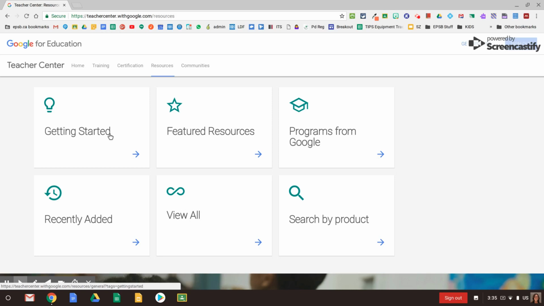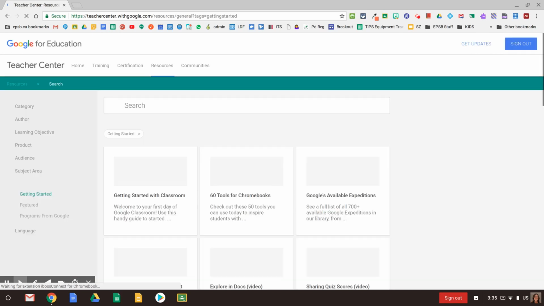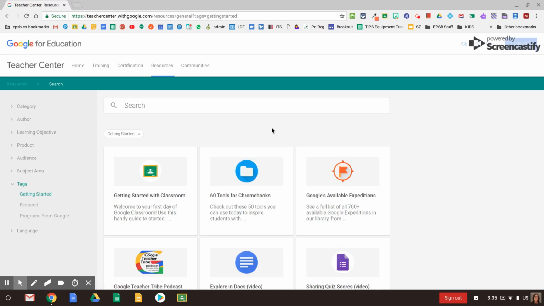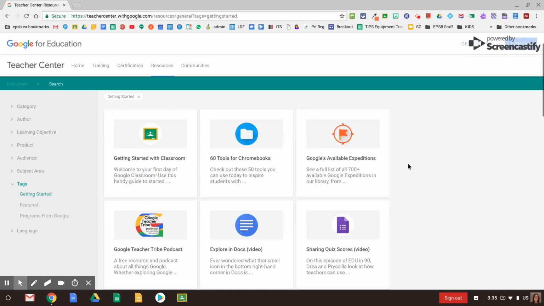If we look at Getting Started, we're taken to another page that has different tags with different categories, looking at other types of categories like author, learning objective, product, audience, subject area. The tag we're in right now is Getting Started. For example, if we were to click on 60 tools for Chromebooks,